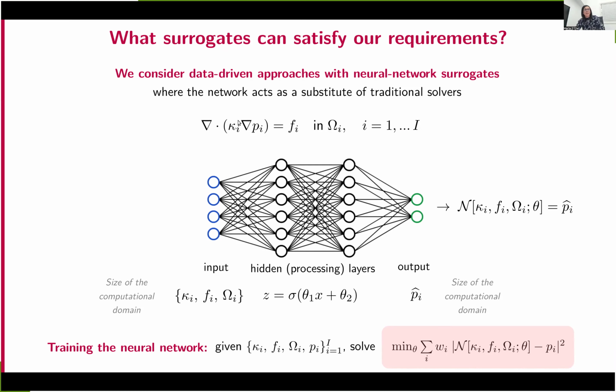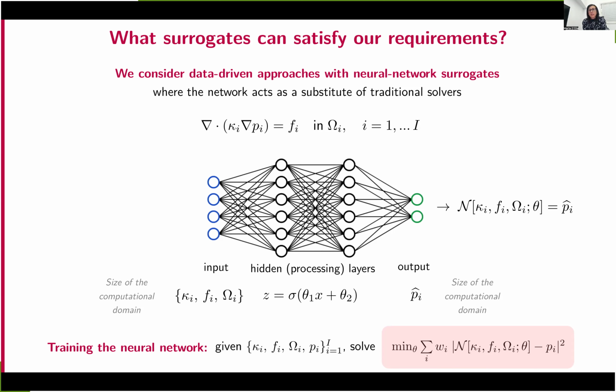Here I'm showing the simplest equation ever, a diffusion-gradient operator, where the solution is P, and we have some parameters: the diffusivity, the forcing term, and the geometry. The way we approach this problem is to basically have as the input of the neural network nodes corresponding to every degree of freedom in the domain, to which we associate either the solution in a time-dependent setting or all the parameters in a stationary setting. And the output is once again of the dimension of the degrees of freedom of the simulation or the computational domain that we're considering. And we associate with every node the state or the solution.